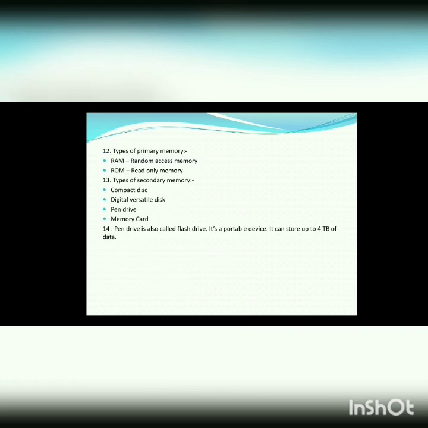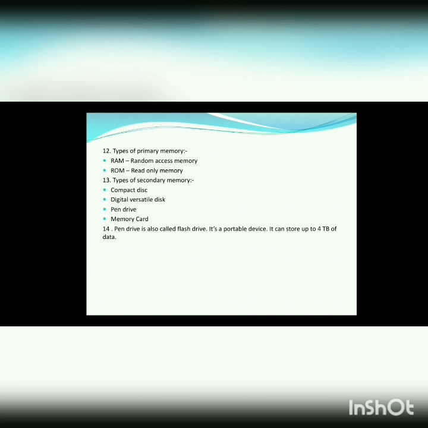There are 2 types of primary memory. RAM stands for random access memory. ROM stands for read only memory. RAM is just like the temporary memory. We have seen the calculator. When we type the new word, the old will be overwritten. The same example you also can give the blackboard.